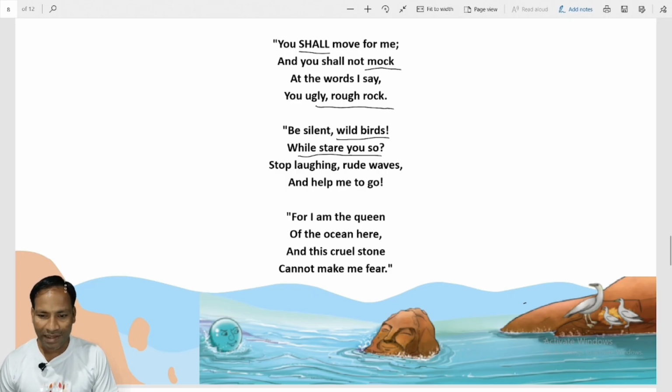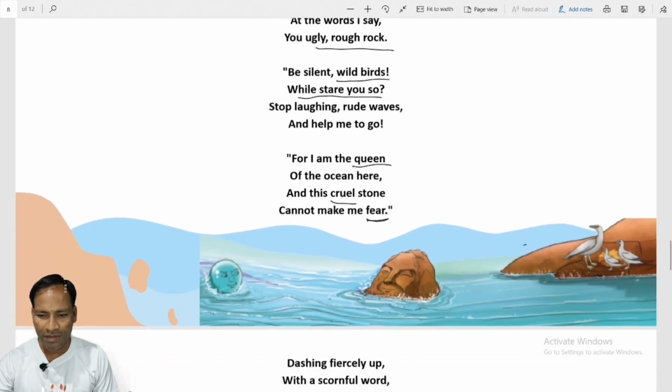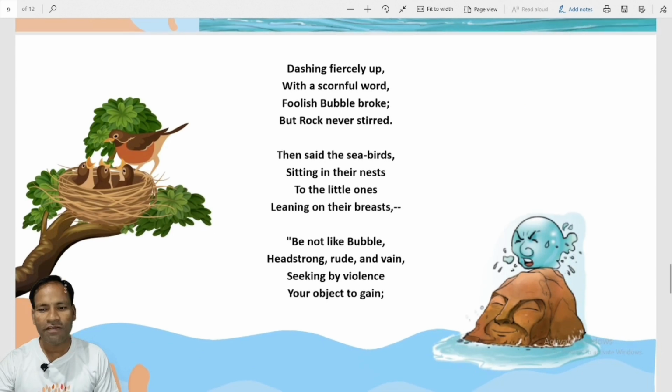अगेन देखो क्या बोलता है, For I am the queen of the ocean here, मैं तो रानी हूँ समंदर की, I am here and this cruel stone, देखो कितने एडजेक्टिव स्टोन के लिए यूज किए हैं, ओके, अगली, रफ, क्रूएल, क्लमसी, इतने सारे. And this cruel stone cannot make me fear, तो बोल रहा है कि ये क्रूएल अनकाइंड स्टोन जो है मुझे डरा नहीं सकता है, because I am the queen of the ocean here. आगे देखो, dashing fiercely up, अभी